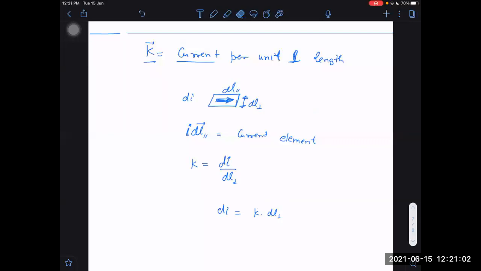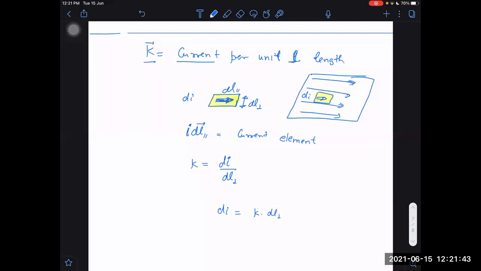You have given a small current as dI. Yes, this current is flowing through this sheet in the direction of the arrow. This current is small only. Why is it small? Because actually it may be part of some big sheet in which a large amount of current flows everywhere, but I am taking one small patch of that. In that small patch, the current is dI. Total current may be large.